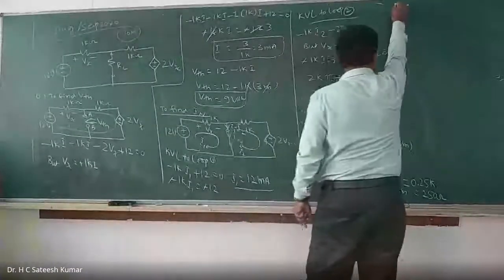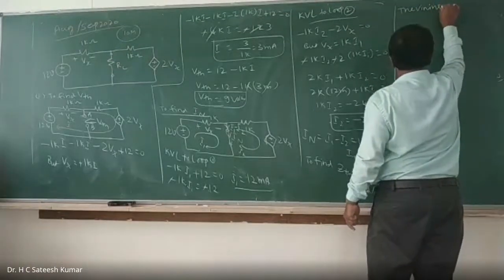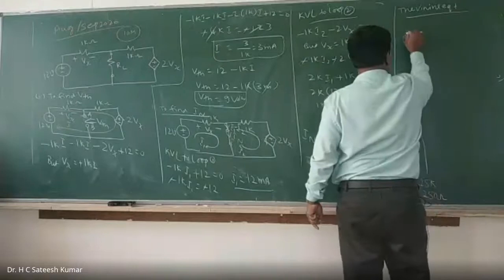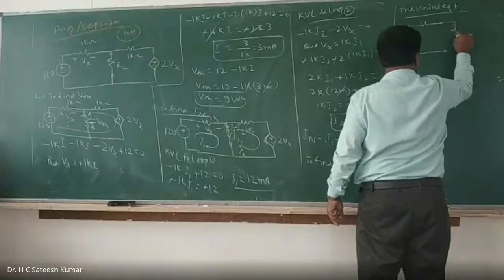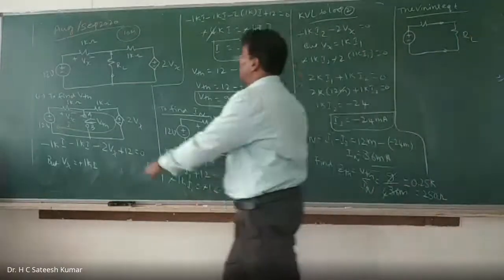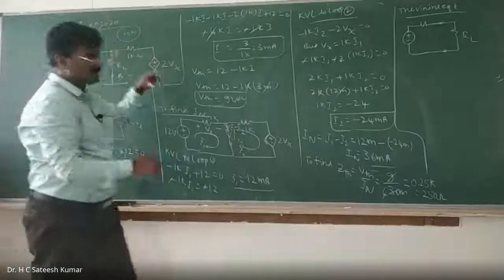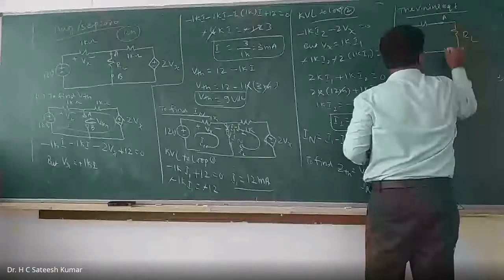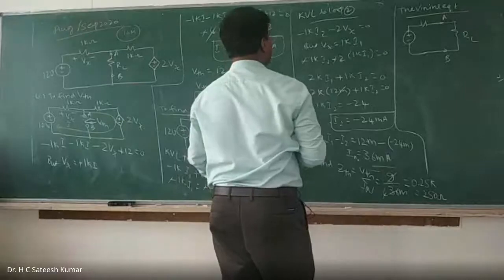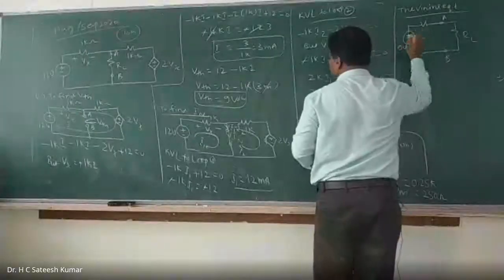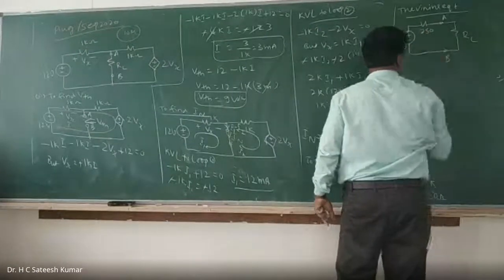Now, once you get the ZTH, write down the Thevenin's equivalent. Thevenin's equivalent is what? A voltage source in series with a resistance, which is connected to a load RL. So the RL is the load which we have removed here. Now I have taken this one as A and this as B. The load terminals become A and B here. And the source voltage, VTH, is 9 volts. And this one is ZTH, 250 ohms.